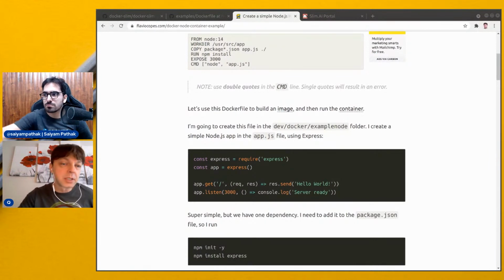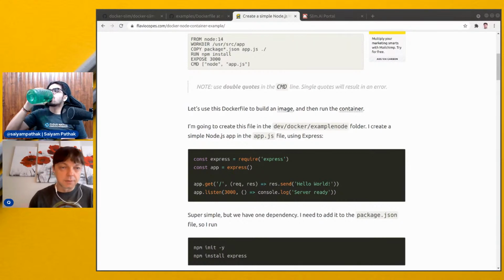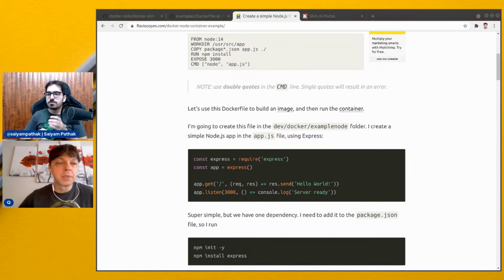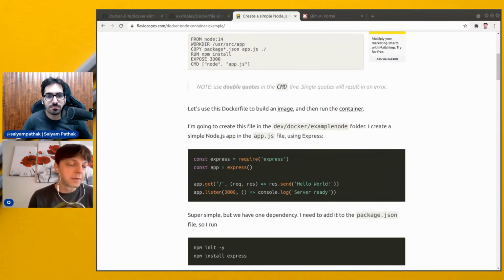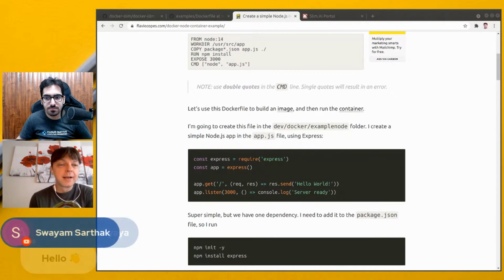But with multi-stage builds, you have an opportunity to get rid of all of those intermediate layers when you use the final stage, and you just copy all of your artifacts that you need in the deployment image. The biggest problem with the multi-stage builds, though, is that you actually need to know what to copy,